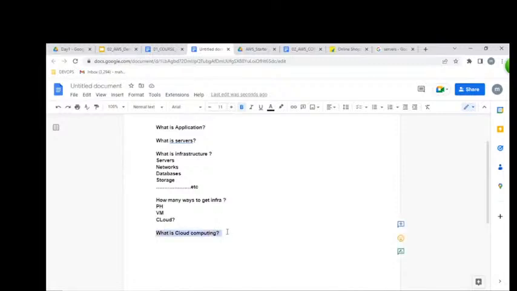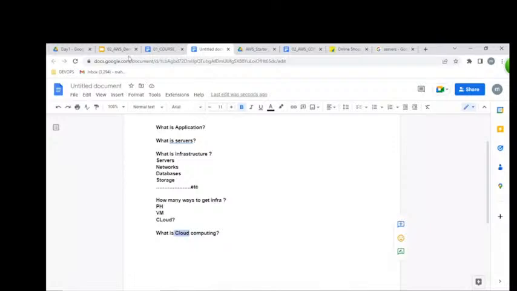But what is cloud computing? My question is very specific. Listen very carefully. Remote placed resources, like remote placed computing power, if you can access them over the internet from your laptop, that is nothing but cloud computing.